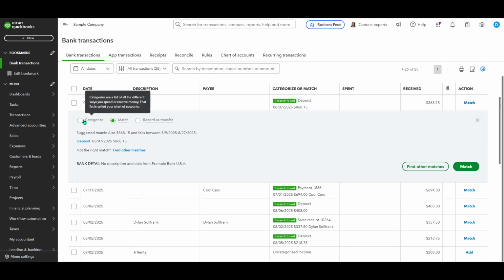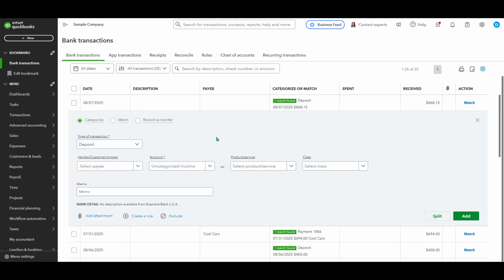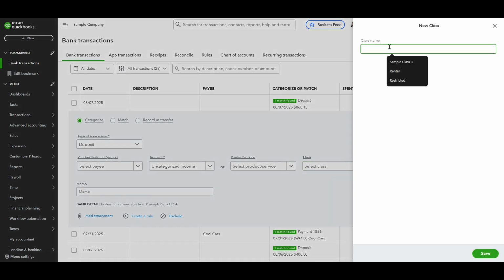You'll notice that every time you create a new transaction or edit an existing one, a new drop-down menu will appear within the transaction form. This drop-down allows you to choose the specific class for the transaction. Selecting the appropriate class helps you organize your transactions in a way that aligns with your business structure, providing clarity